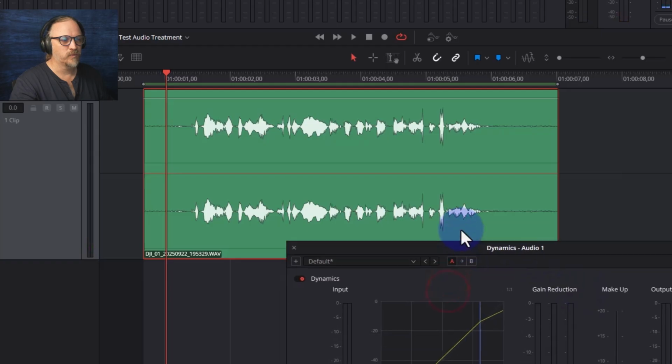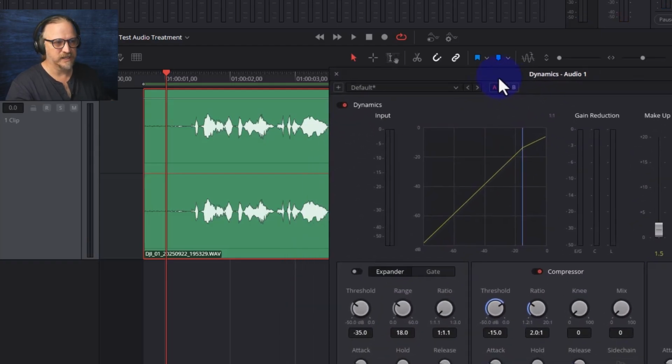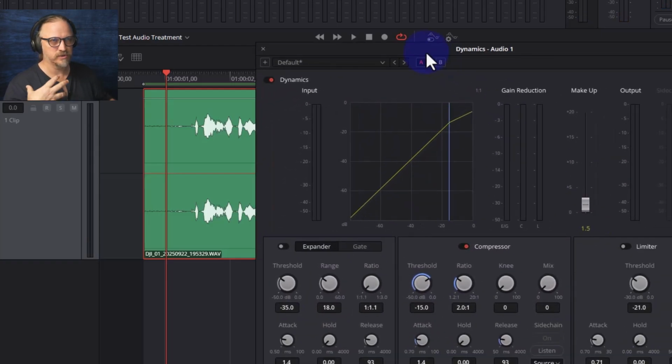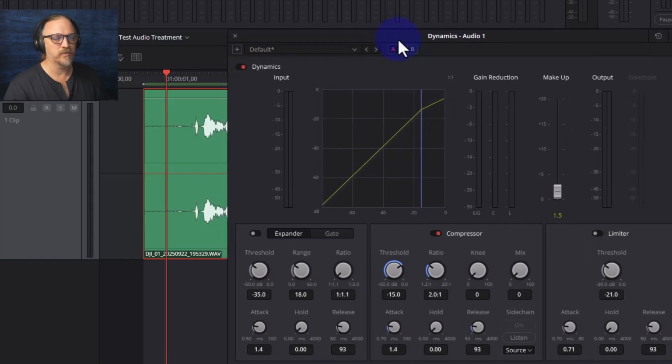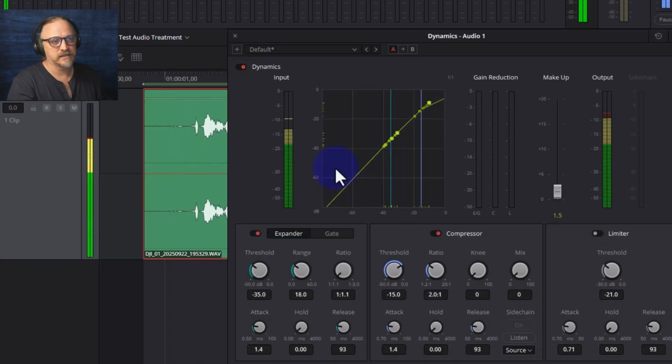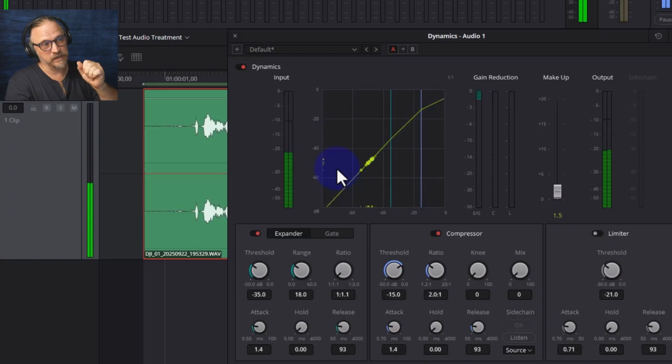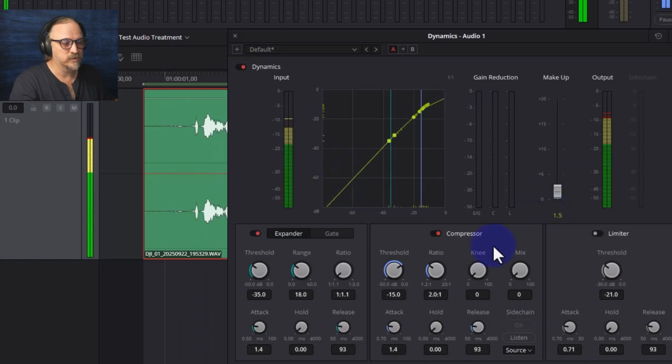So we want the breath to be there because it sounds natural. It's part of what you're used to hearing when somebody is talking, but we don't want it to be quite so present. So we're going to turn that down with the expander. The expander gives us a line similar to the compressor. Let's mute this again. And as the volume of what's being said falls below that line, we can turn it down some more. So we'll turn the ratio up here to, say,